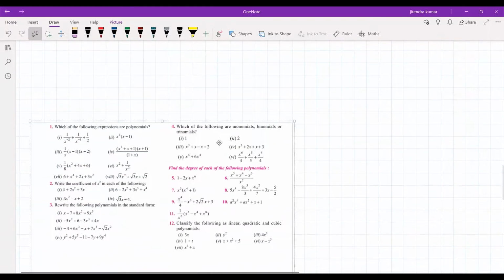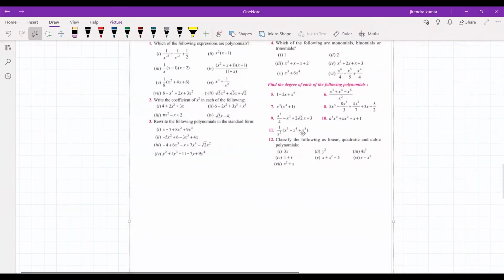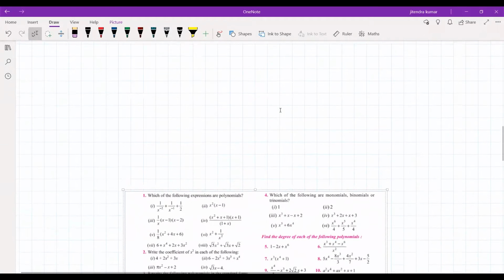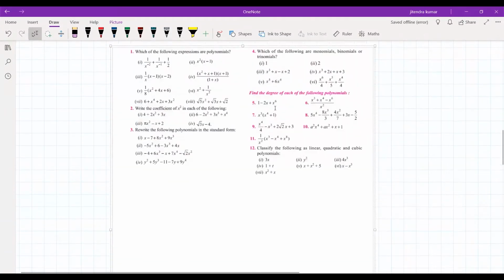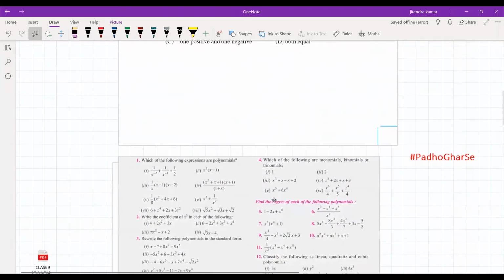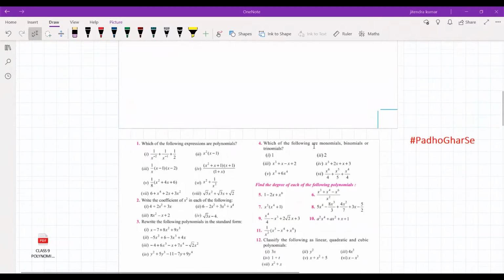And what about this part? Yeah, I got it. Everything I got in this page. Okay, so we will learn about zeros today. Then we can again go through these questions. Okay, so we will start with zeros today.